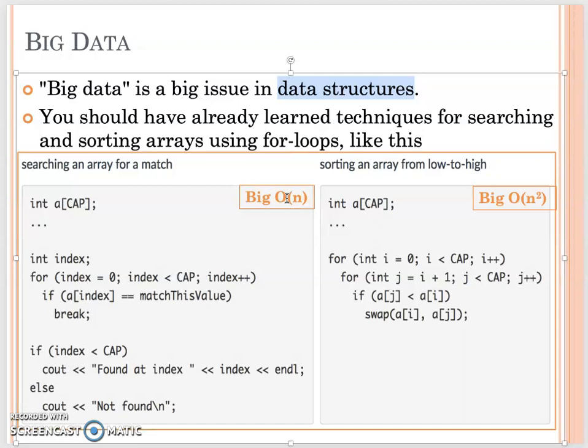So the most popular ones here, I will show you two kinds of big O runtime. The first one is big O n. The other one is big O n squared. When we see the n here, that means the number of data we have. The typical example for big O n, we can think about searching an array for